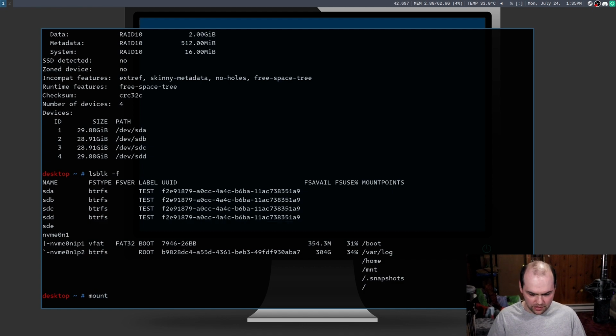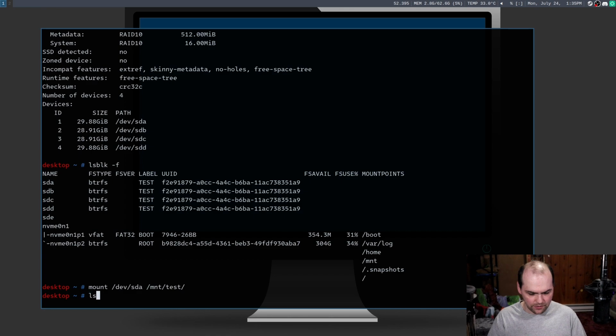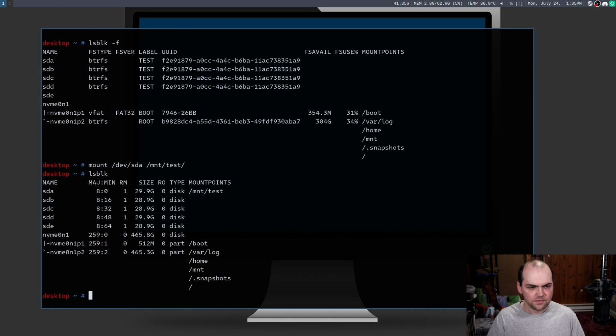And now I'll mount a single drive here, so /dev/sda to /mnt/test. Now why am I only mounting a single drive? Because Btrfs is smart. Technically, I can mount any of these drives, and because they're mapped to this UUID and this label, the Linux kernel, in all of its glory, knows that this is all one RAID volume. So if I just do that, and then run lsblk again, you can see that I've got it mounted,